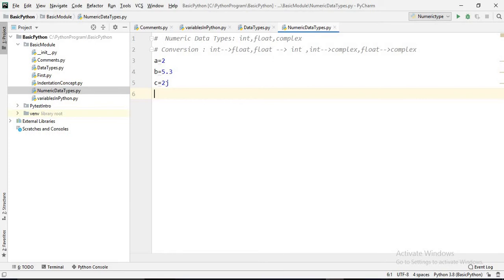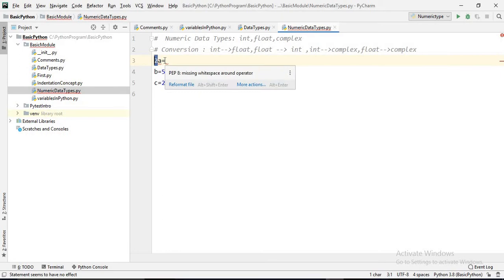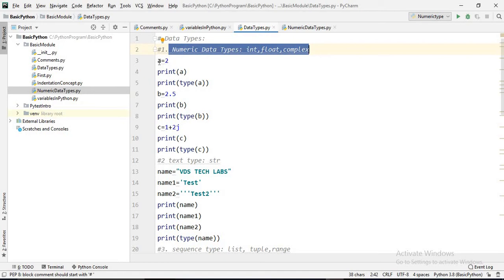We have already discussed this, but we'll repeat it: a equals 2, print this one.